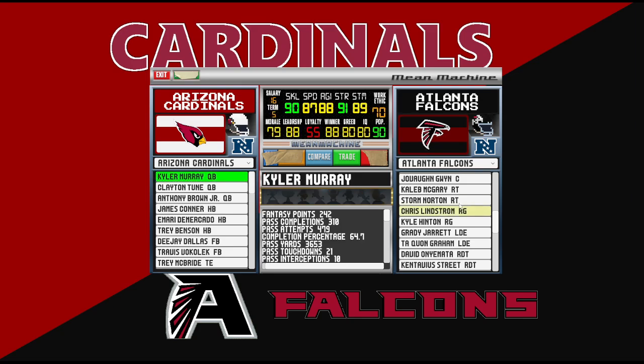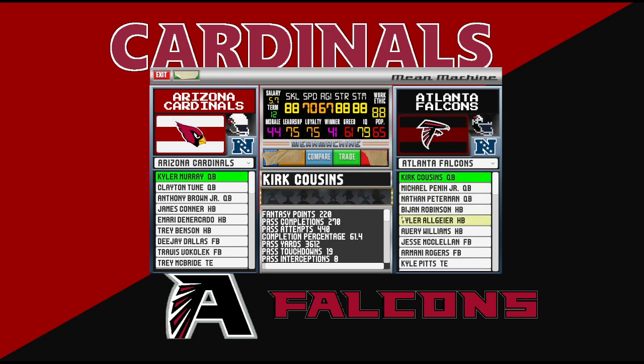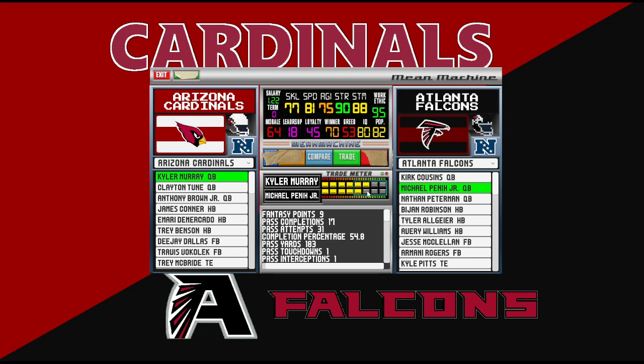And you can see Kyler Murray, Kirk Cousins. You can use this compare button. Brings up our trade meter. So ideally, fair, quote unquote, fair trades would need to fall within this little rectangle here. As you can see, I'm still working on the formula to get this meter to where this would be an imbalanced trade, because Kyler Murray for Michael Penix Jr. is kind of, maybe Kyler Murray's contract's so big you want to get out from under it and you like